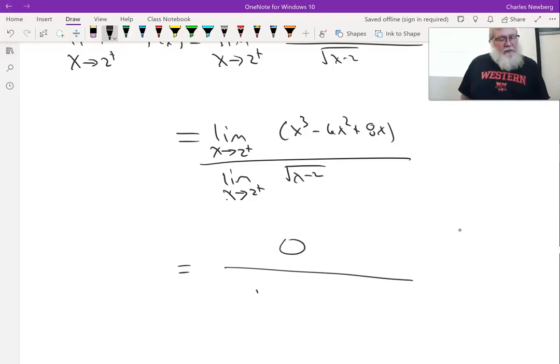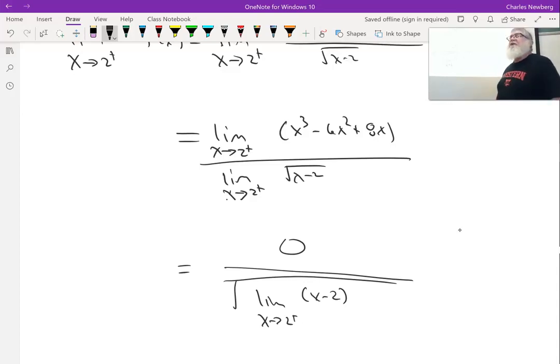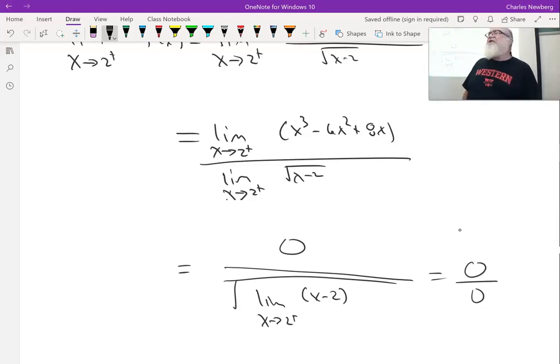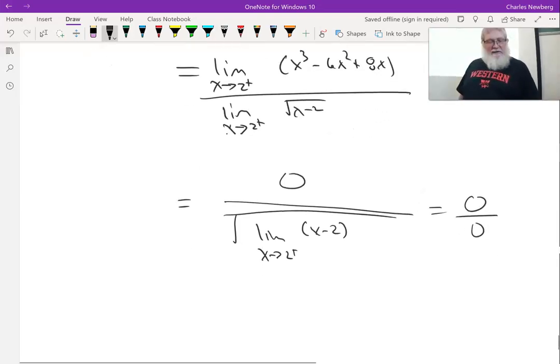And then down here we'd get the limit as x approaches 2 from the positive side of x minus 2 over the square root. All right, this is a line, right? So we put in 2. What's 2 minus 2? 0. And what's the square root of 0? 0. What do we have here? 0 over 0. That is,